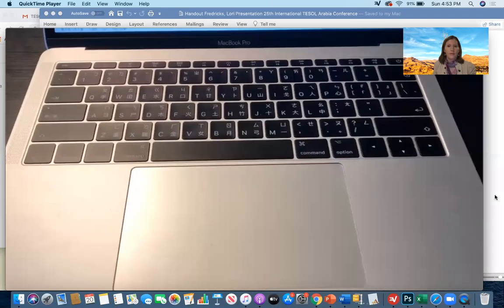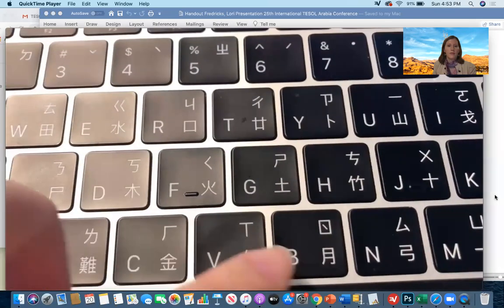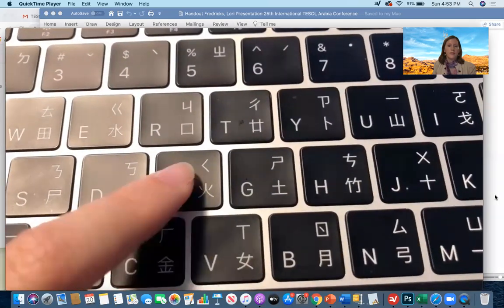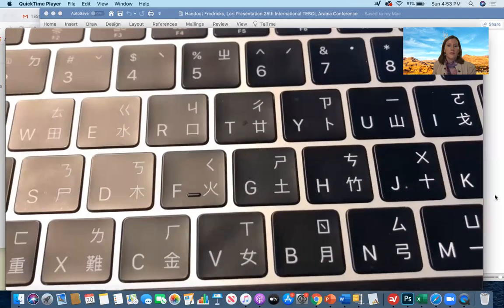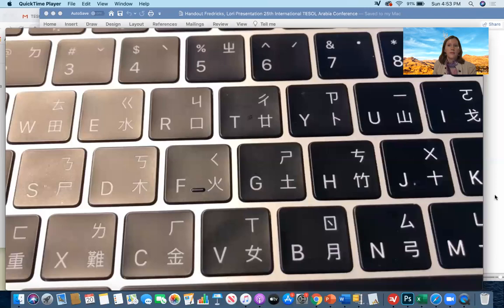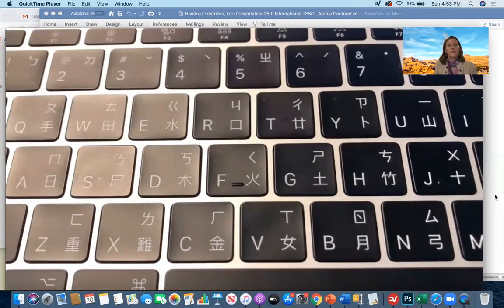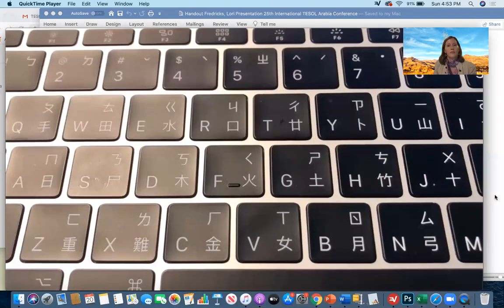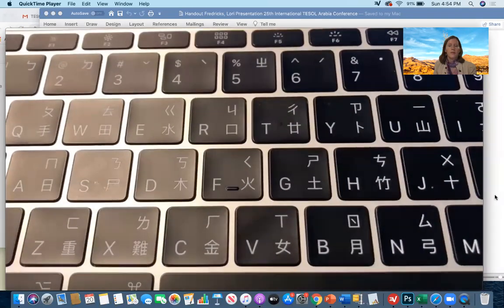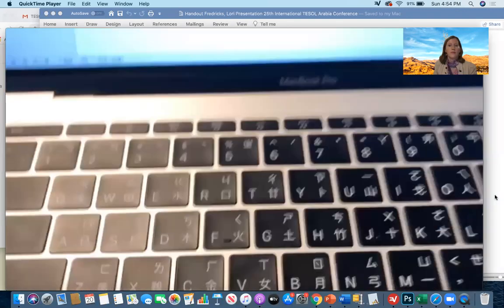Hello, I'm Joanna, and this is my keyboard. Look at the top right side of each keyboard. Many people will think that is a Japanese kana. Yes, Taiwan was once colonized by Japan, but actually, this is our Mandarin phonetic symbol system in Taiwan.